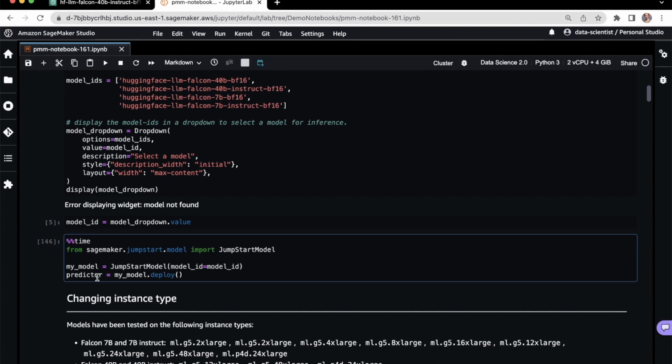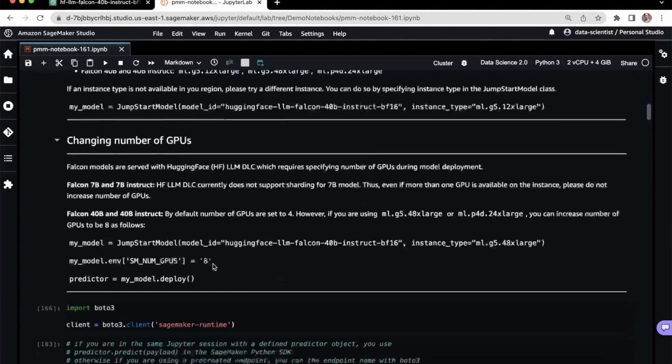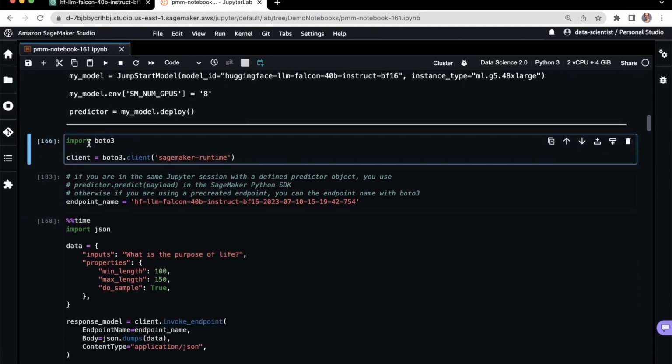You'll just use this predictor syntax. I wasn't in that scenario. I had a pre-existing endpoint and then just needed to point to it, so I ended up using Boto3 for that. So this notebook uses Boto3 as a result. So here we're using Boto3, again, the AWS Python SDK, and then this is pointing to not just SageMaker, but the SageMaker runtime, which is scoped to hosting. So all of the hosting APIs are then available through the runtime.